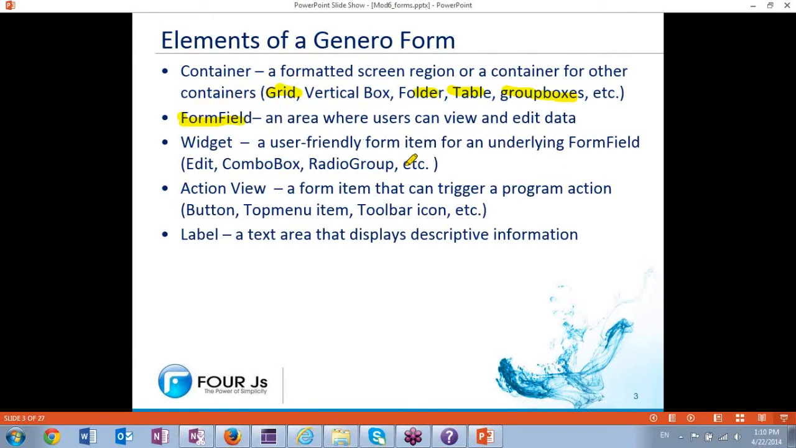Form fields are just areas where users can view and edit data. So forms typically contain form fields, so the user can work with data. Widgets are typically user-friendly form items for an underlying form field. For example, a combo box allows a user to pick from a list of options. Now, let's say it was something like state. Maybe you have 3 or 4 supported states for a region that you work in, and you want a user to pick a